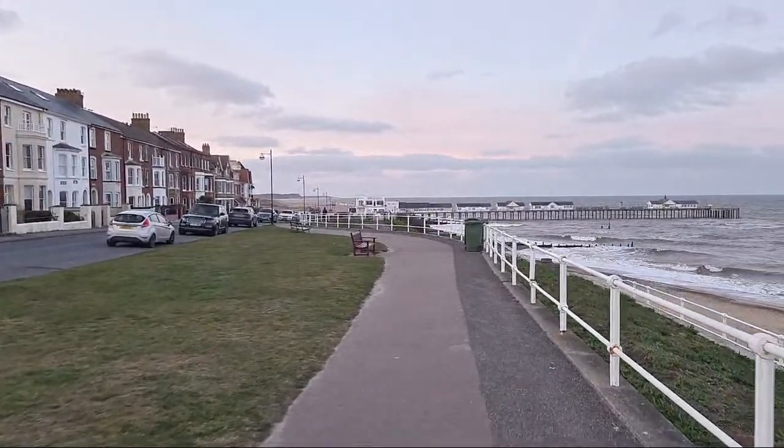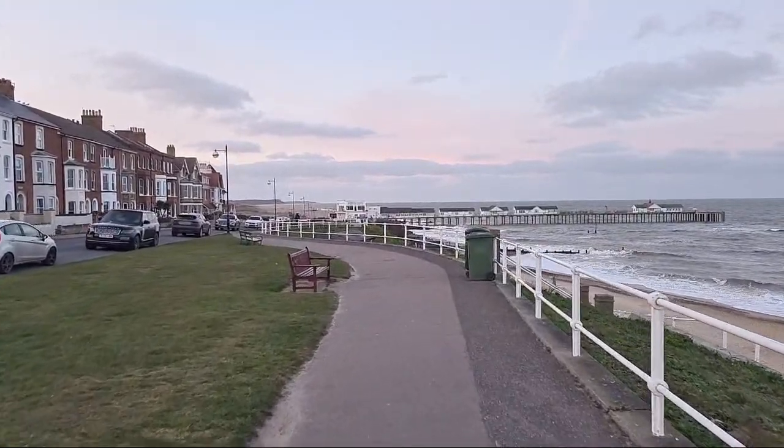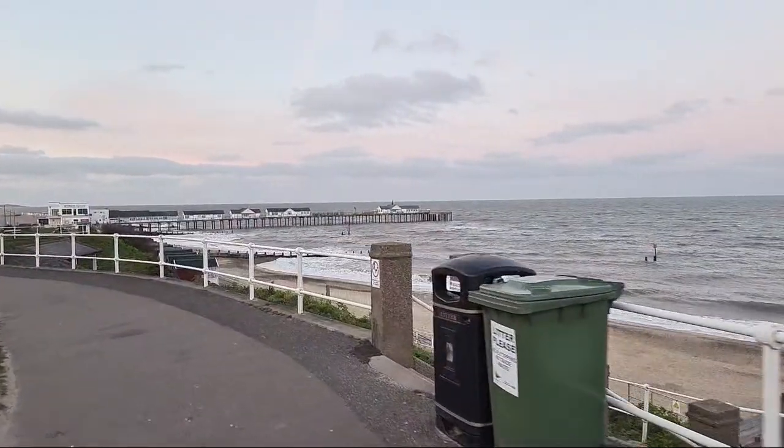Look, Gabby's even shouting. See, that just ruins it. Ruins Southwold there, those bins. I know they need bins, but...